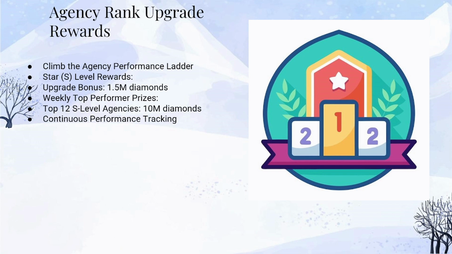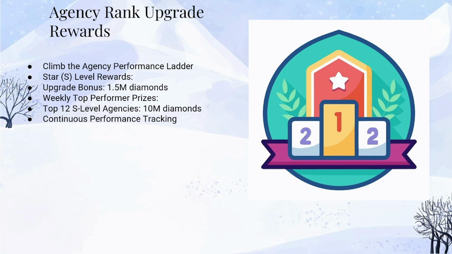Exactly. Okay, let's try and pull this all together then. We've covered the basic commission calculation, host income times the rate, with the rate details in that sheet. Then the whole sub-agency system, where the commission depends crucially on the difference in rates between you and the agencies you invite. Right, that's a key strategic element. And then these special advantages for party room agencies, the potential for that higher share on at least direct agent gifts, and the game profit sharing. But with the trade-off of no free calls for their members. Don't forget that trade-off, yeah. And finally, these rank rewards, presumably detailed elsewhere, adding another layer of incentive.